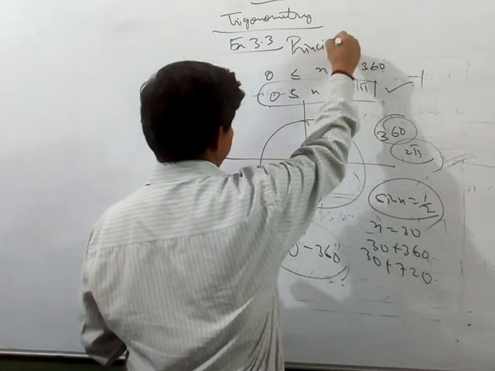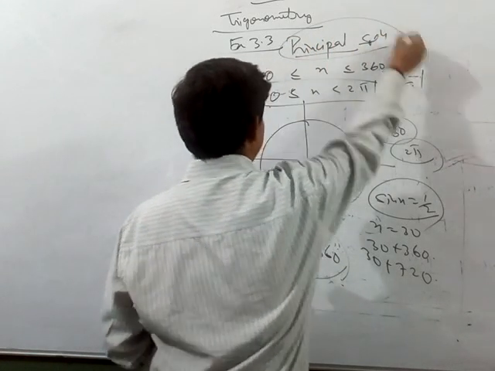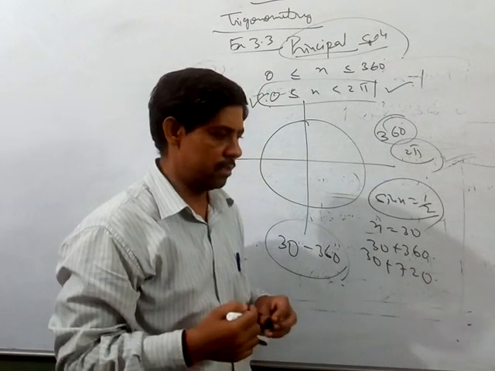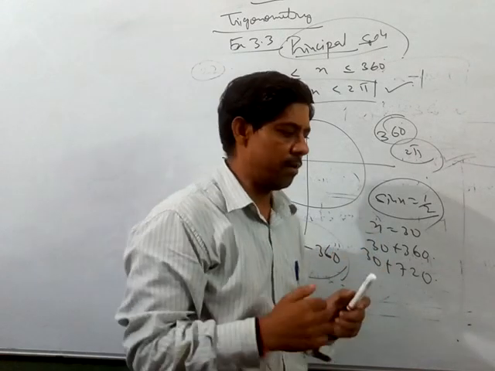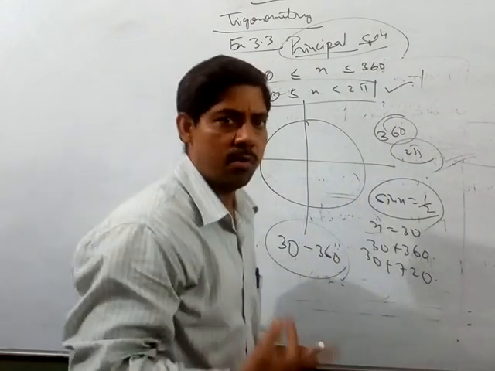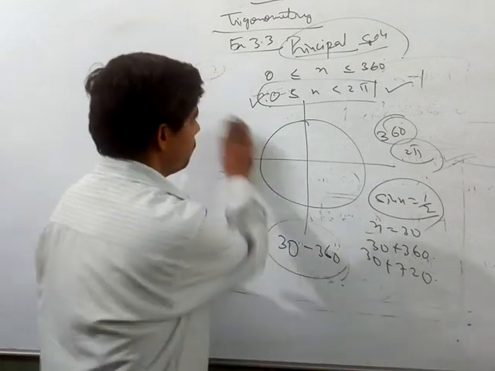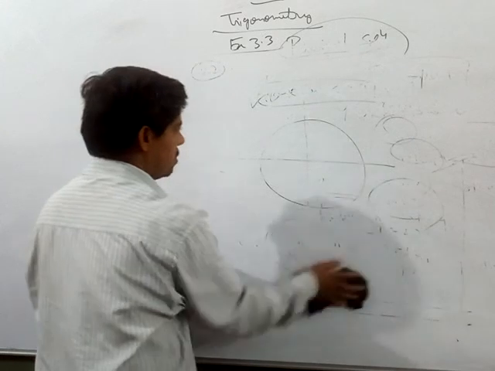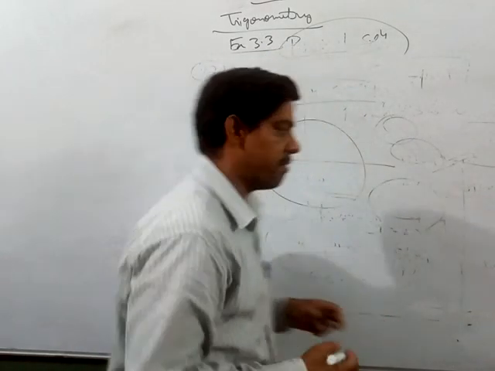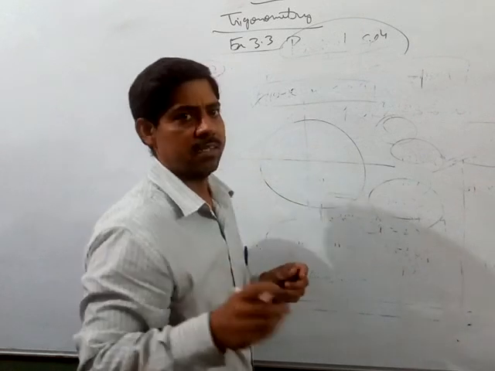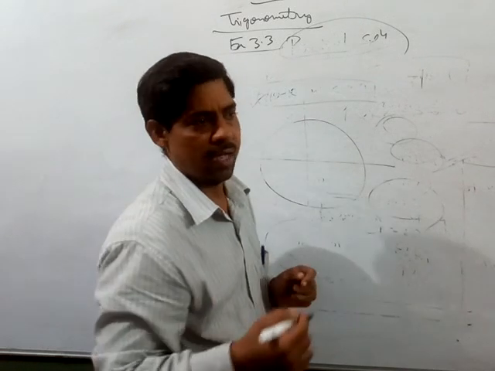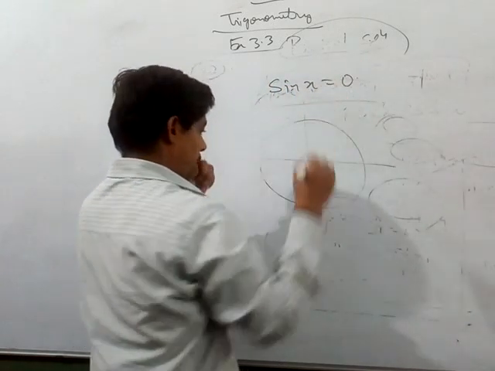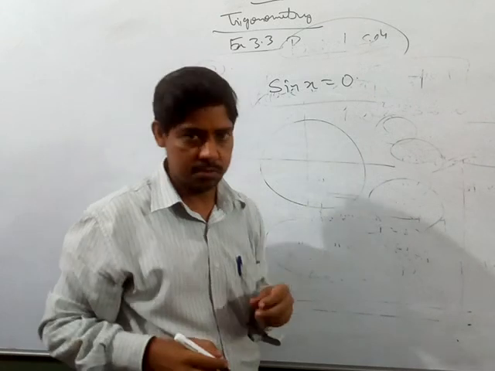So when you have a principal solution, you will take this interval. Otherwise, for the general solution, there will be infinite answers, and all those answers you can club together in one particular notation. This is what we are going to learn here, because now we are learning solutions of trigonometric equations. Just like you have linear equations and algebraic equations, here you have trigonometric equations, where one side is completely trigonometric, sin x, cos x, and the other is equal to 0. For example, sin x is equal to 0. So first let us look at only sin x is equal to 0.